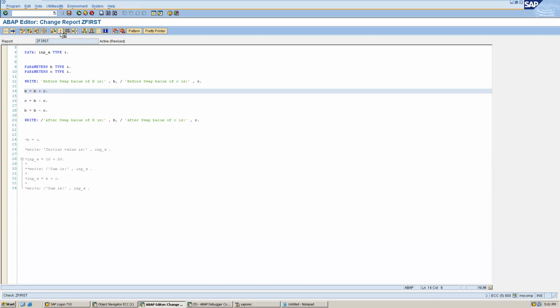And after that, we can activate it. So any doubt till here? When we enter a parameter, in the input screen we have to put the value, right? So it will create a selection screen with that field. And what is this I? I means integer. So whenever we want any integer, we can write I.